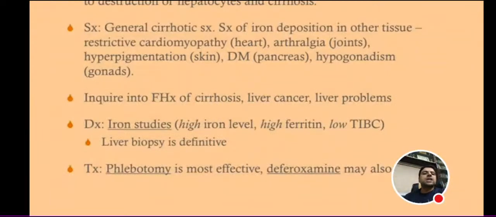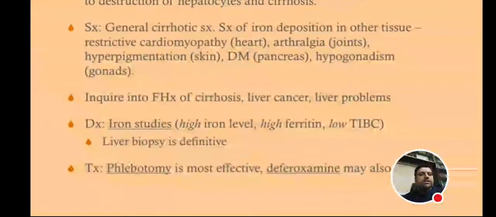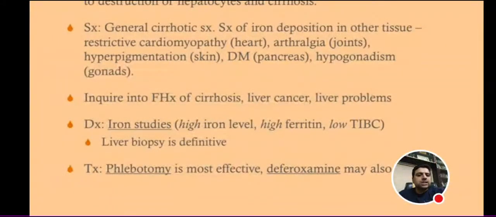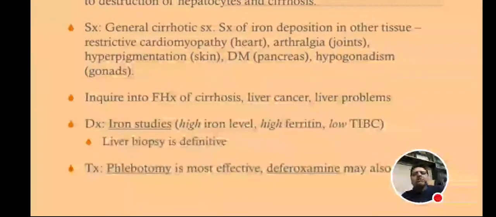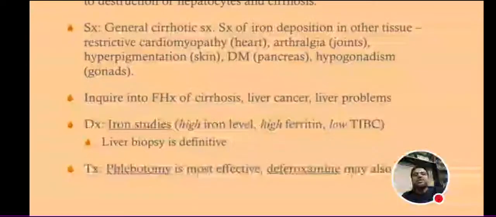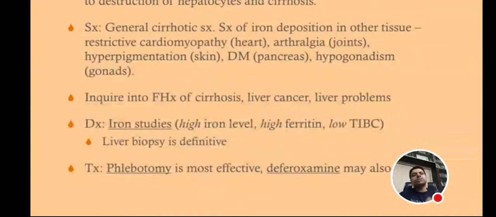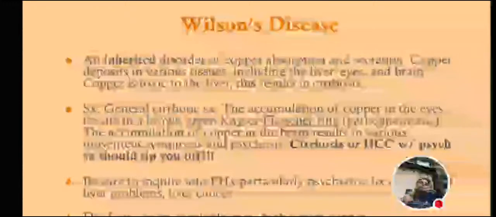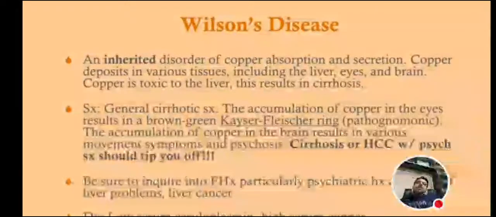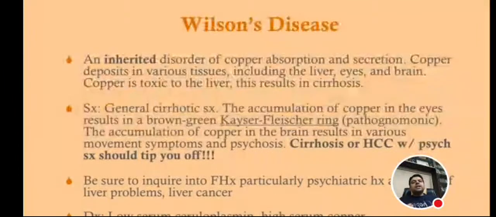It includes amyloidosis, hemochromatosis, sarcoidosis, etc. I explain this in the cardiology segment. And if iron deposits in the joints, it causes arthralgia, painful joint movements, hyperpigmentation, bronze skin, or diabetes mellitus. If it deposits in the pancreas, we can say bronze diabetes. And hypogonadism if iron deposits in the gonads. Inquire about family history of cirrhosis. If a patient comes with all these symptoms, ask about family history of cirrhosis or liver cancer or any liver problem. In hemochromatosis, we see impaired absorption of iron, but in Wilson's disease, we see an inherited disorder of